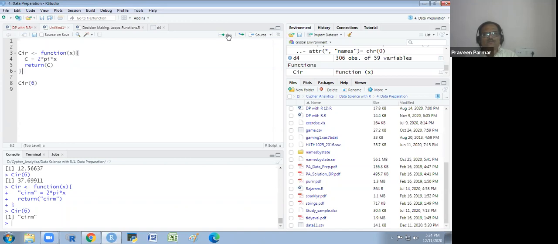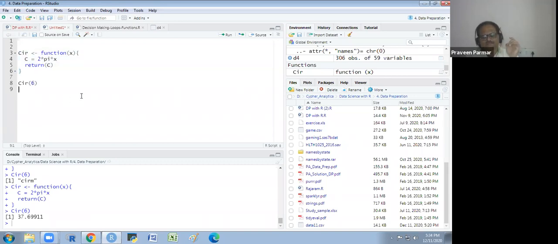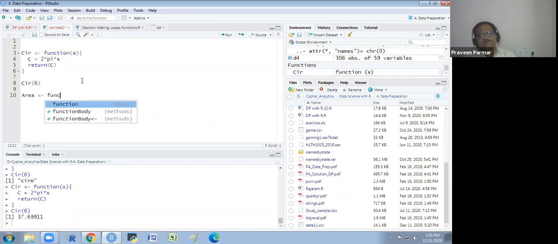And we could work with this. So in this way, we could create a function, maybe with default attributes and different sorts of functions we could create here. Like for the area of a rectangle. If you want to create the area of a rectangle, then I will write a function area, and I will just make a function.